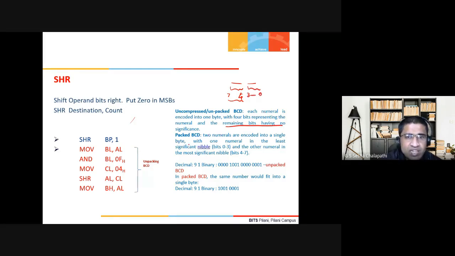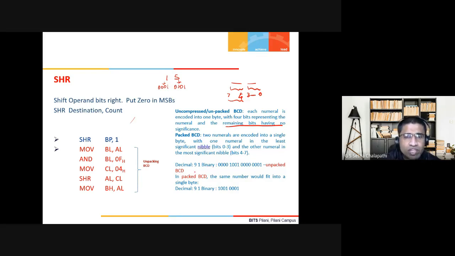In the case of a packed BCD, each nibble will be 1 numeral. Suppose you have 15, this will be 0001 and 0101. This is 1 nibble and this is another nibble. So this is one numeral, it will lie from 0 to 9, and the other nibble also will be from 0 to 9.